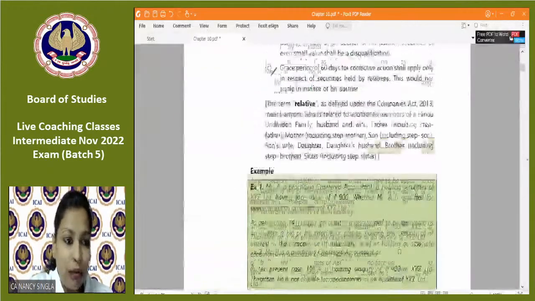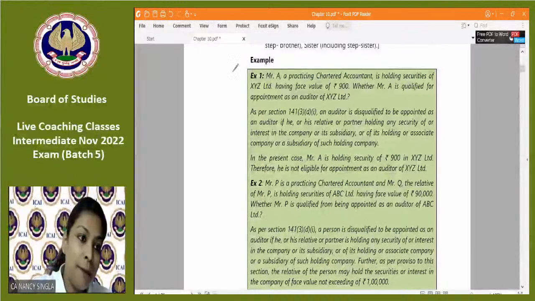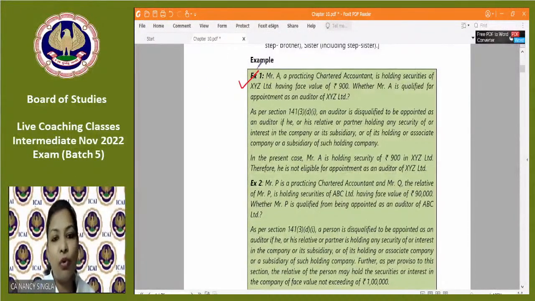Let us just have a look at this example number 1. Examples number 3 and 4 are your homework. Quickly, do not look at the answers. Okay? Just give me the answer for example 1.